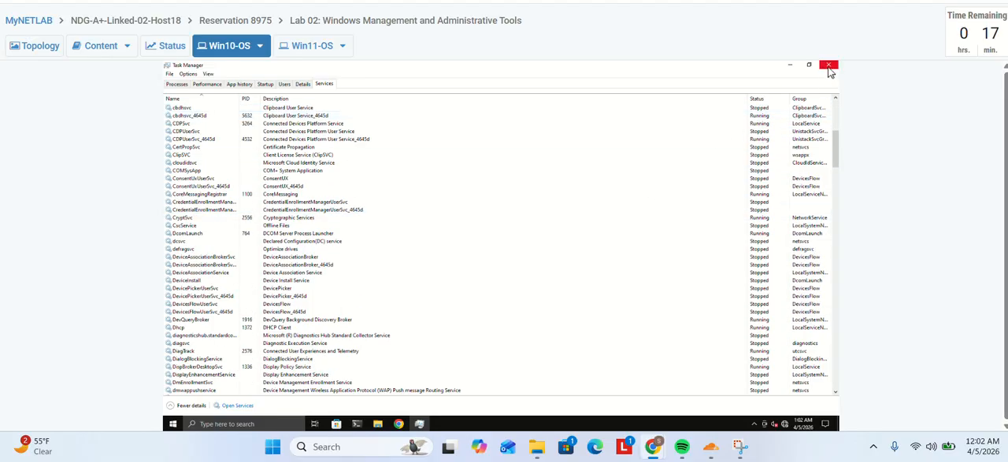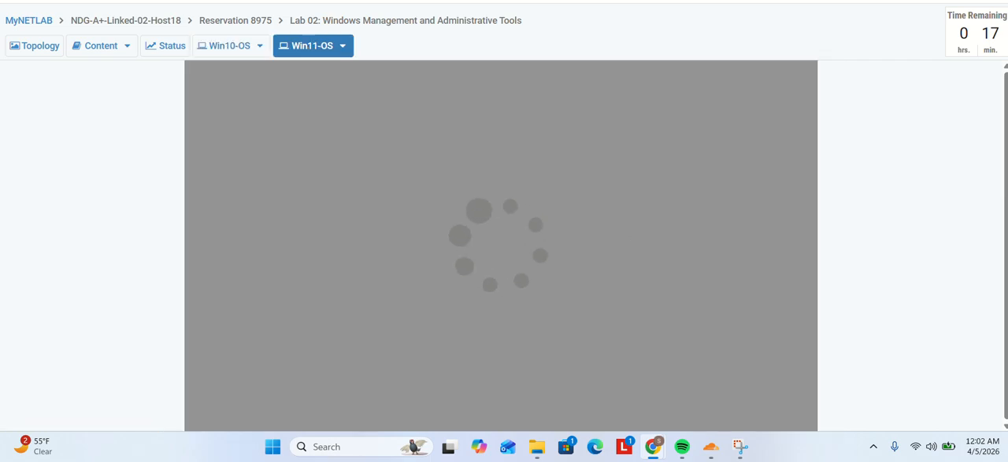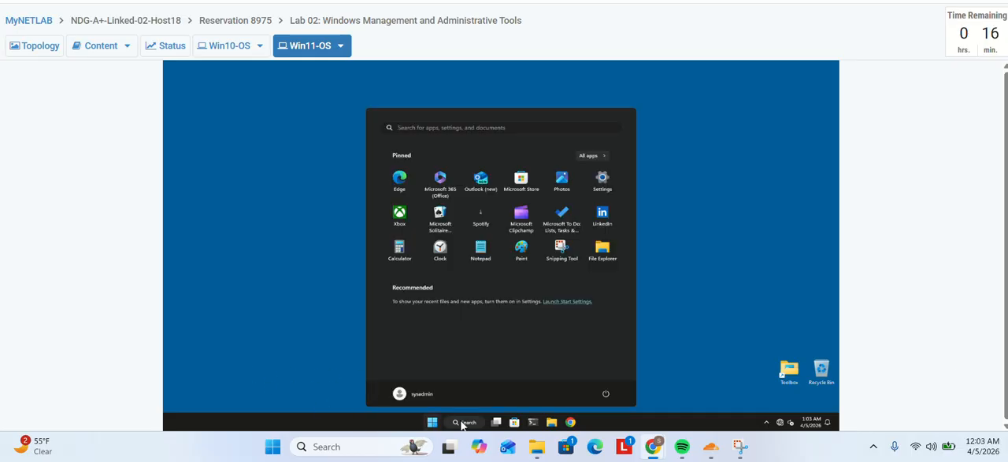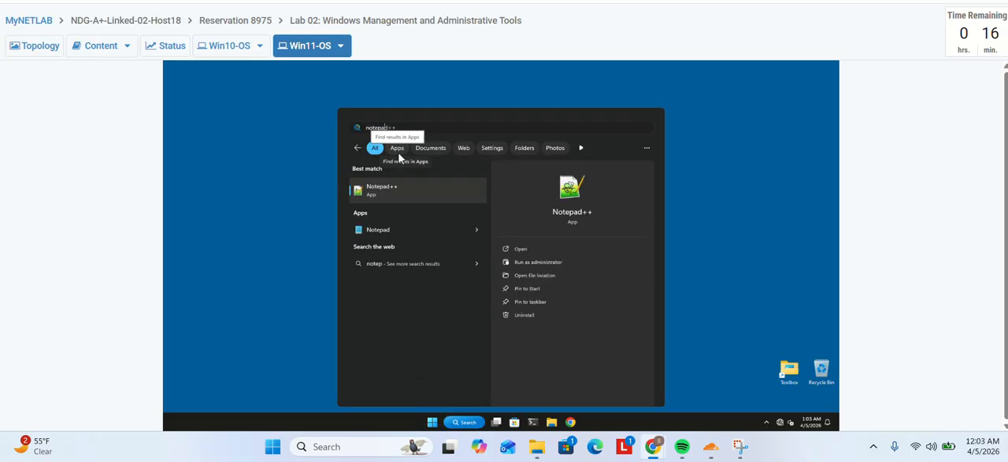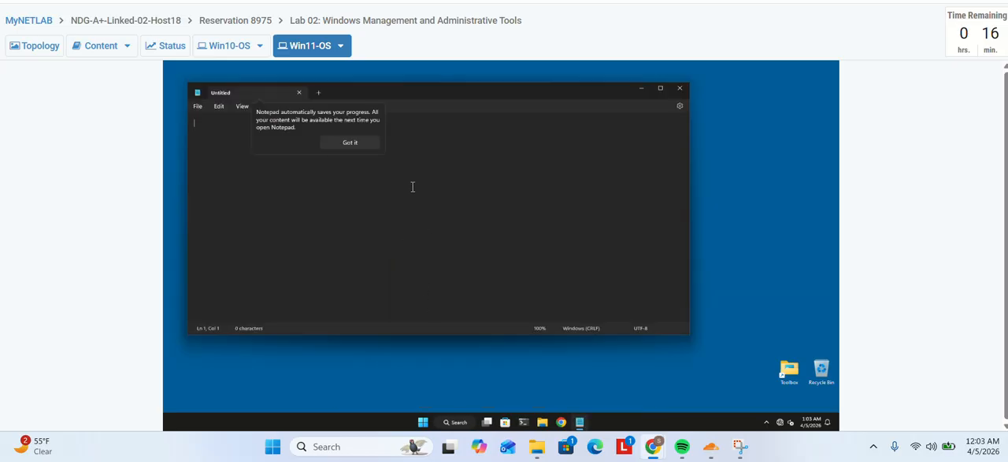So I'm closing this one and I am going to Windows 11, and now I'm on Windows 11. Then I am clicking the start button, and I'm typing notepad again, and then I am clicking on Notepad to launch the application on Windows 11,